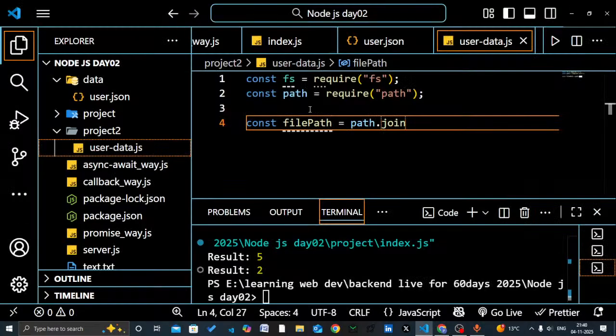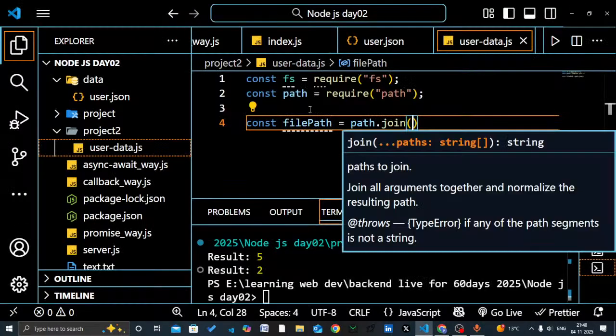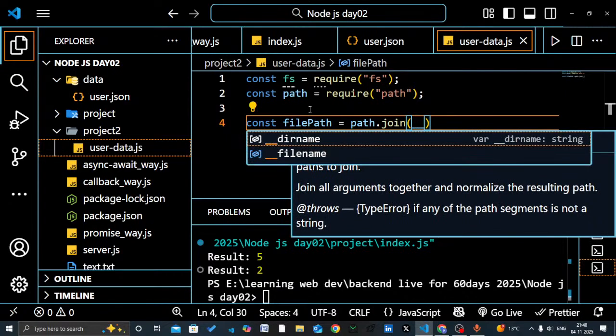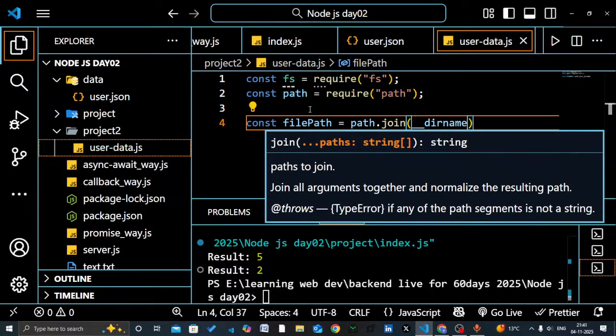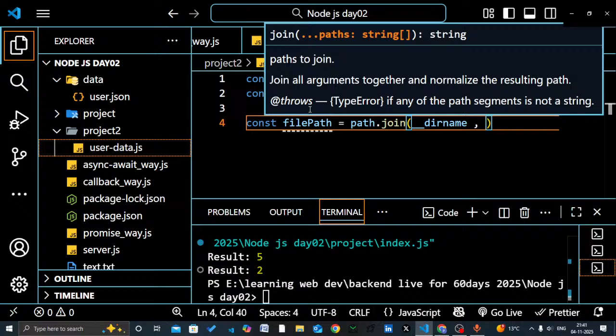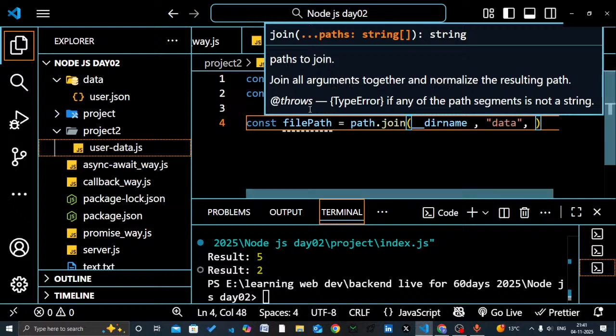Oh yeah, path.join, underscore, not underscore, yeah, this is underscore, sorry, __dirname, comma, which is my directory name is data, and data also has a file which is user.json,